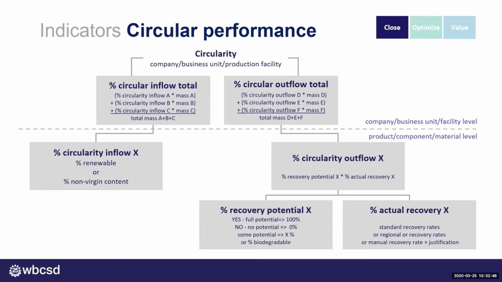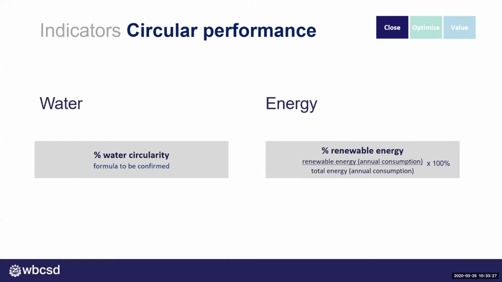We chose to have both the potential recovery and the actual recovery included in the model, because this will give different handling perspectives for companies. The circularity calculation reflects back on the 3 points where a company could influence the circularity: the circular inflow with procurement, the potential recoverability with design, and the actual recovery with new innovative business models in which the companies could stay owner, have buyback schemes, or further enhance collaboration within the value chain to increase the open loop recovery. The two other indicators in the closed loop module are the percentage water circularity and the percentage renewable energy.